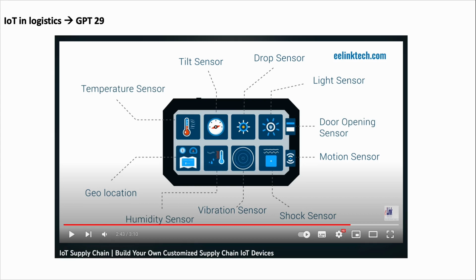Then again, now we come back to applications of IoT. Those two videos above are more towards how sensors are working. We will be talking about IoT in logistics. We will be looking at a sensor unit, an IoT device which is called the GPT-29, and you can see this unit